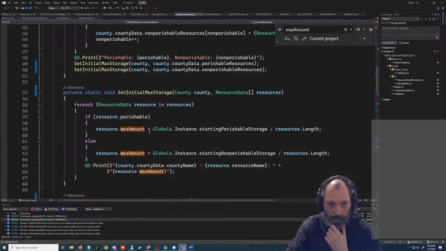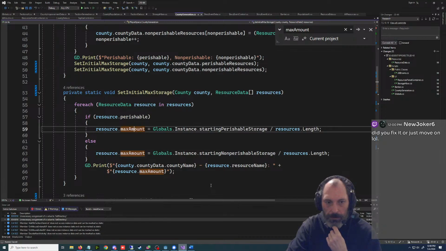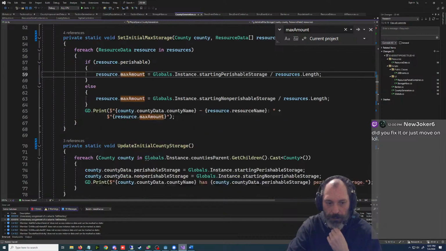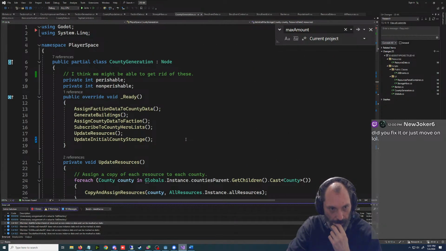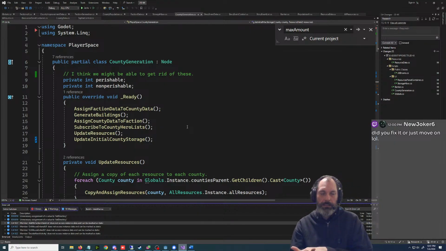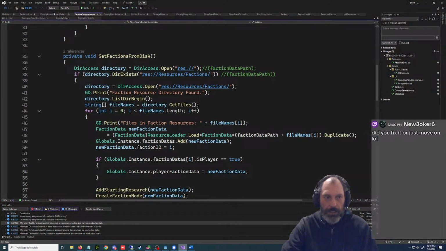So this is the problem, though. We never update the resources max storage. We set this initial max storage. I just moved on. I don't think there's a way to fix it. I think it's busted. So the solution, the problem is either these warnings shouldn't be warnings, or I shouldn't be using instances, which is